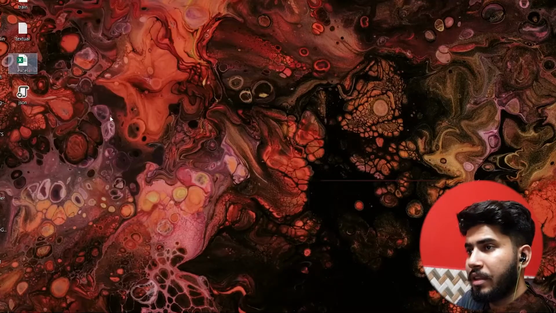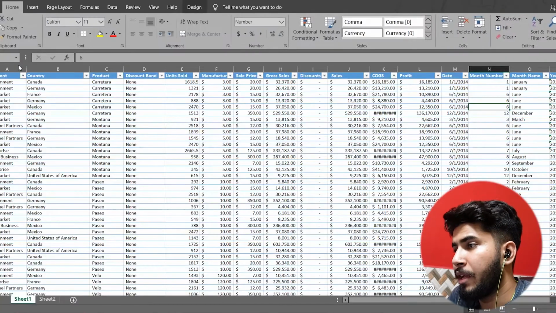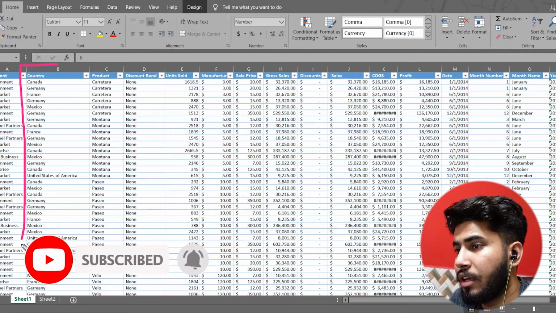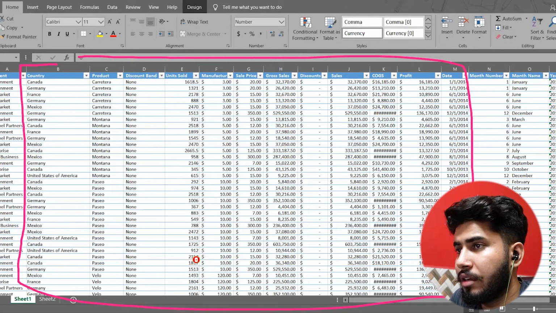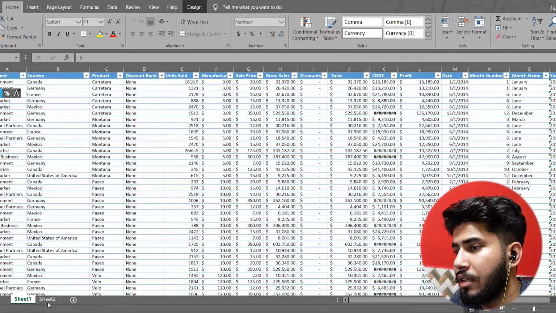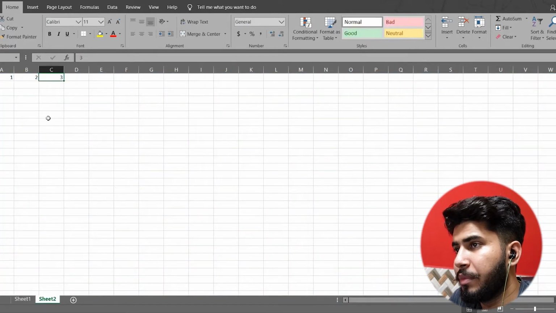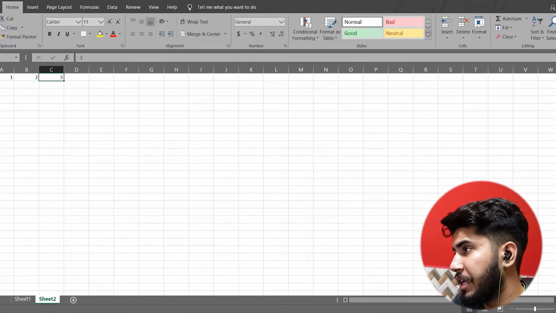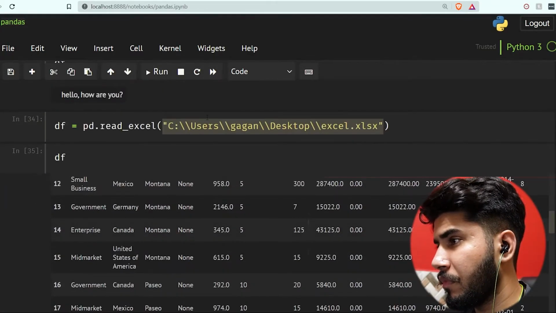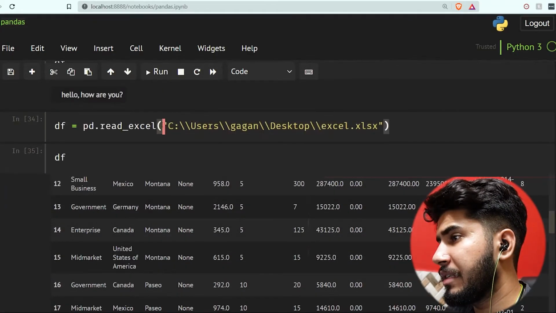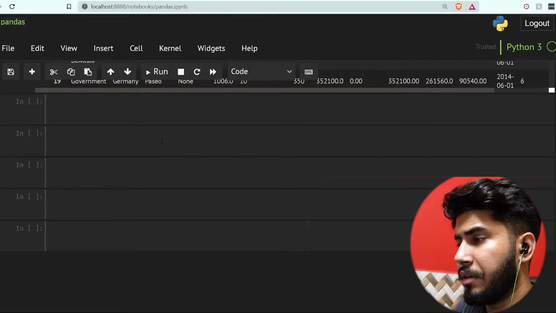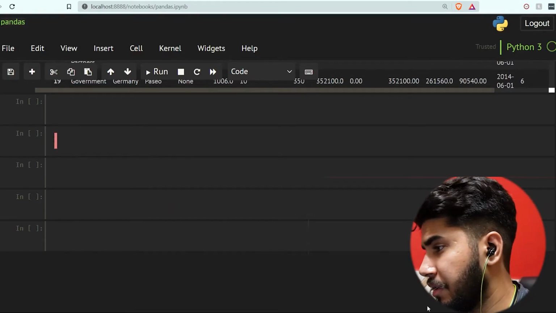Now let me just open it, and you will see that we have two sheets here. By default it showed you the first sheet. This is the data that it showed you, but it didn't show you sheet number 2, which has only these three columns, 1 2 3, one row and three columns. So we are going to read the second sheet. Here you can only access the first Excel sheet, so let's see how you can do the next sheet.